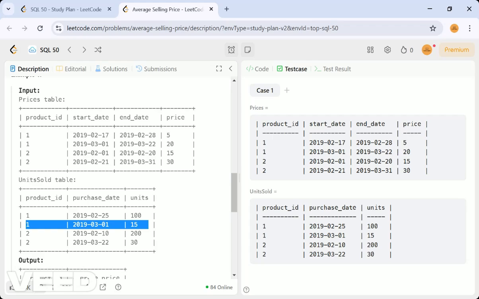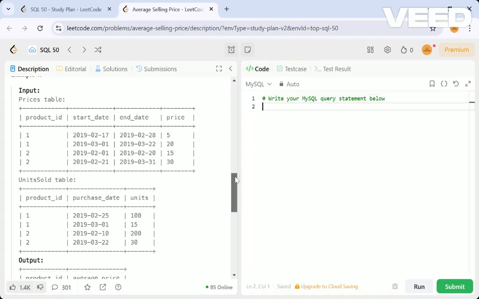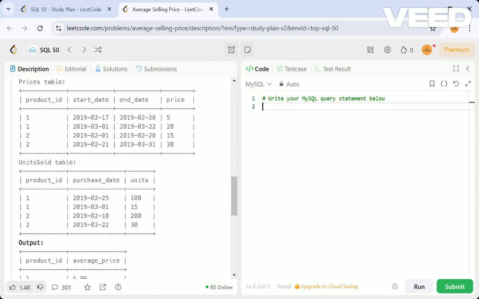115 we have to give. So that is how we have to calculate the average kind of thing. You understood, right? So each and every product will have this. Let's see how it will look for product two. It is a 10, so it falls under this start date and end date. So 15 into